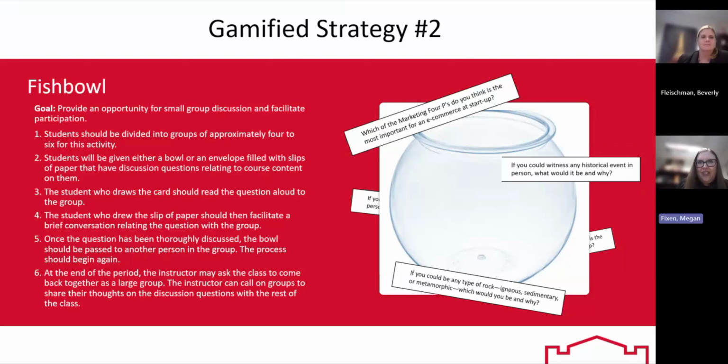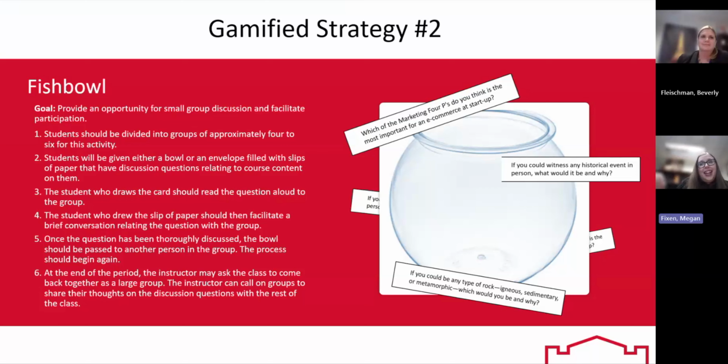Sometimes when you're walking by small groups and they're having a discussion, you might notice that they answer it very quickly and then the discussion fizzles and then they want to move on. But the point of this is that the person who asked the question has to facilitate the conversation. Keep it going. Make sure that you're really analyzing and thinking about the discussion question and really thoroughly answering it.